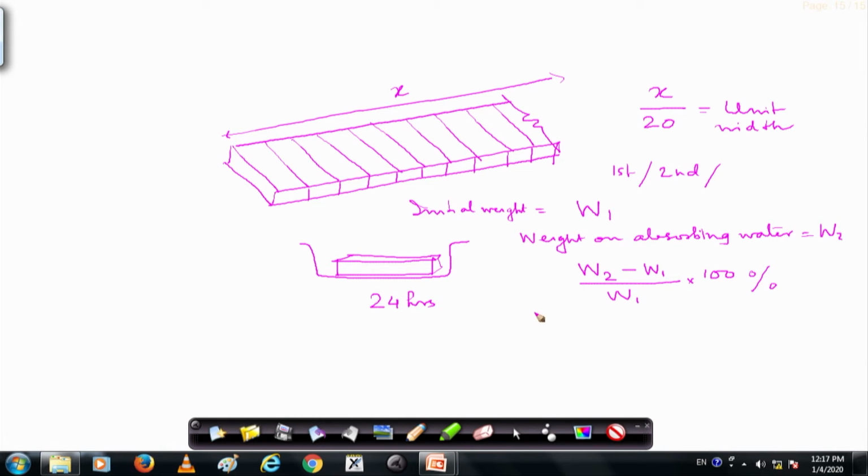So, say if the new weight is 2.8 and the initial weight is 2.5 kg as I had told earlier, it will be something around 12%. So, it will be a first class brick. So, this has to be done across all the 6 specimens you have picked up from the brick lot which has been supplied to you. So, you can understand what kind of brick has been provided.